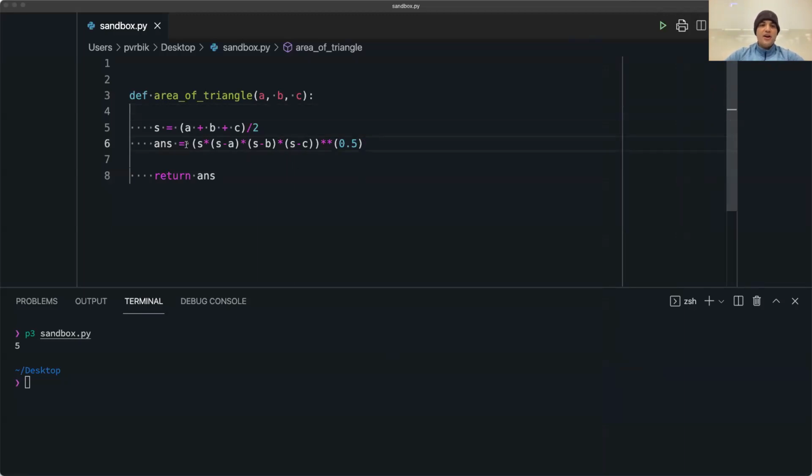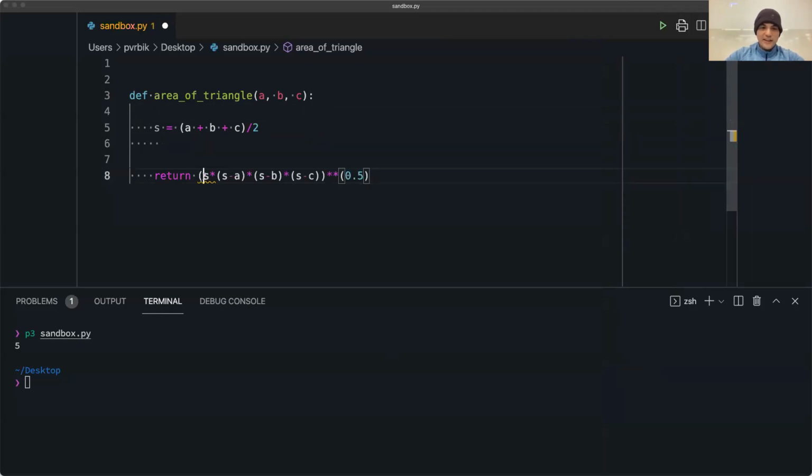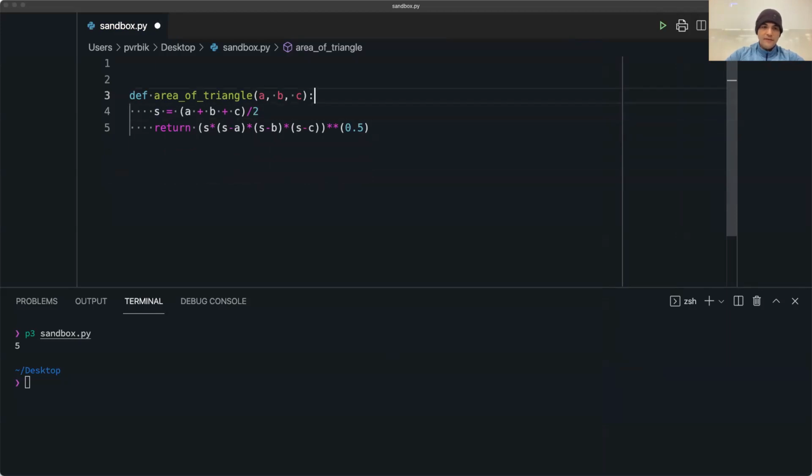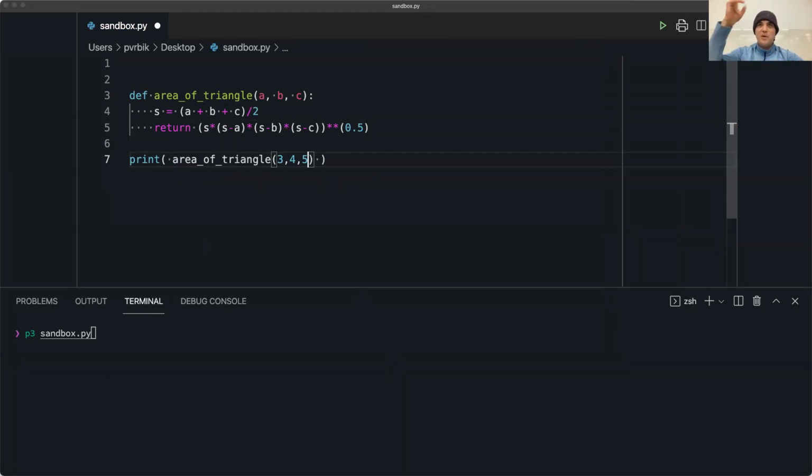And then I guess we can simplify it a bit. I think that's sort of pointless. Why don't we just put this here? Okay, so now I can just use this. It's going to print the area of the triangle 3, 4, 5. This is a perfect right angled triangle. Its area should be 6. So it should be half the base times the height. Base times height is 12, half of that is 6.